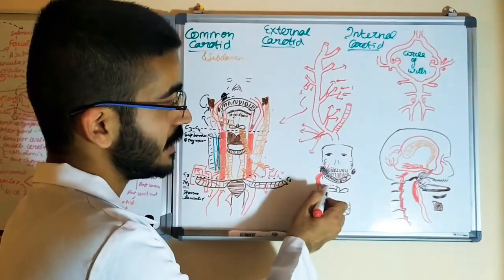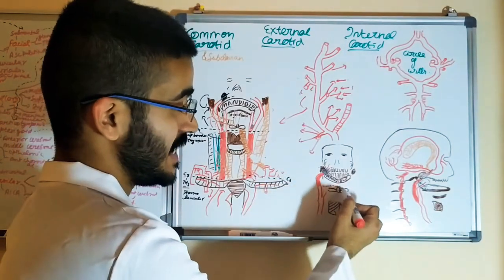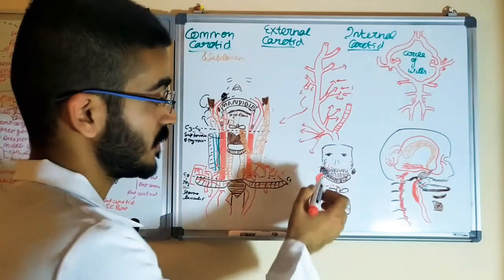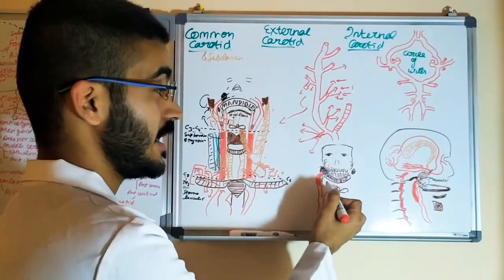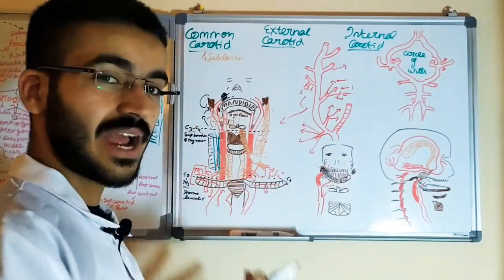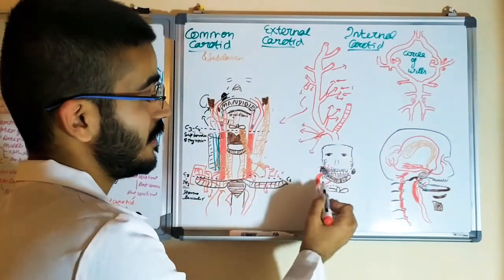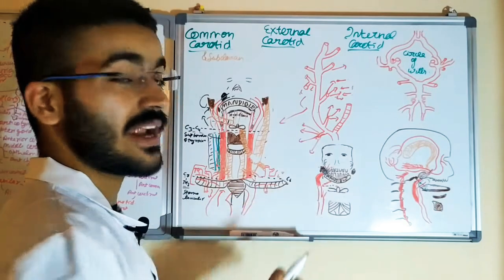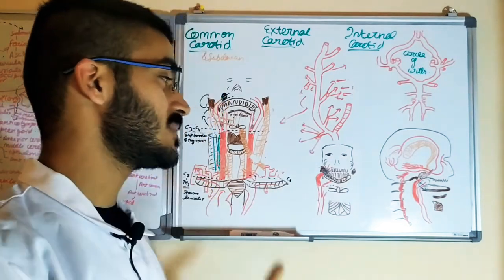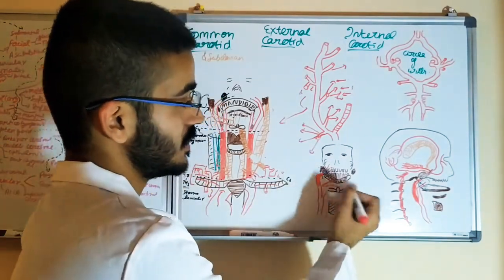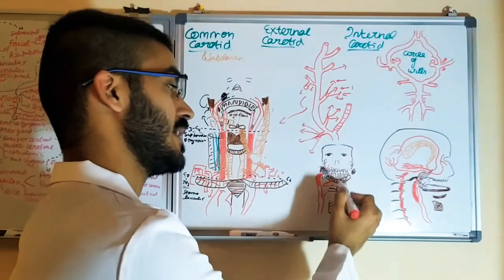Next branch is the facial artery, which is the longest branch, and it originates at the level of greater cornu of the hyoid bone. It originates from there, it moves deep behind the digastric muscle, and it reaches up to the mandible at this point, and from this point it enters into the oral cavity and reaches the